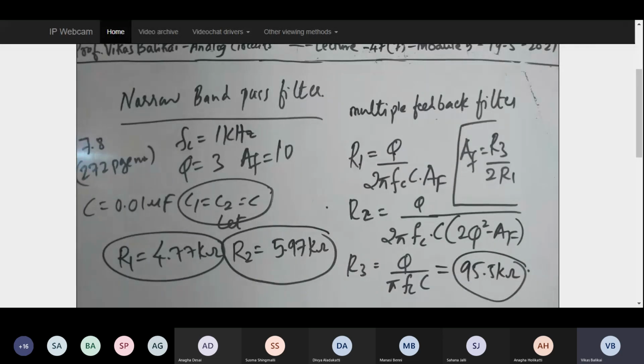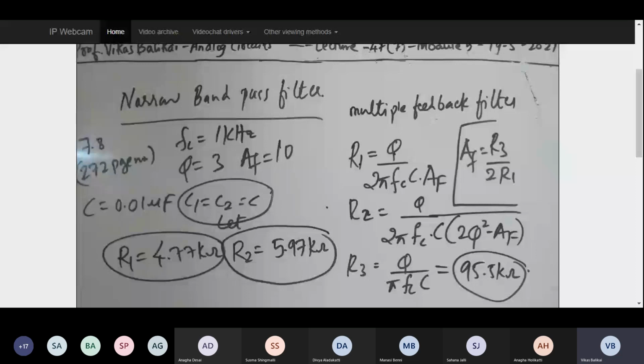Now the second half of the problem says, change the center frequency to 1.5 kilohertz. If you remember, in our very first class, when we started with the low pass filter, we did this exercise as well, wherein we changed not the center frequency but the cutoff frequency. How did we change the cutoff frequency? The formula was the original cutoff frequency divided by the new cutoff frequency multiplied by the resistance. If I do that, I get the new resistance value, and accordingly I can change my design.